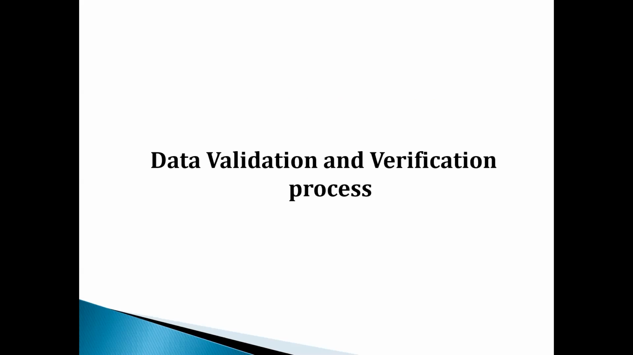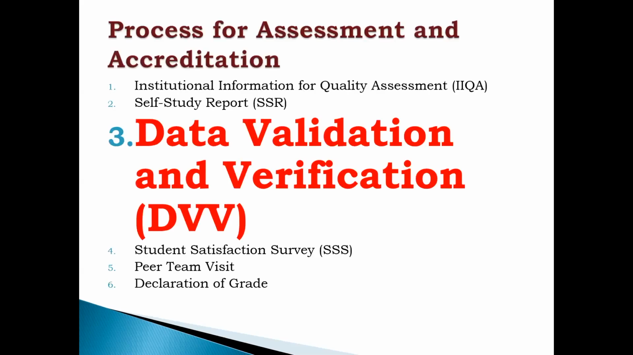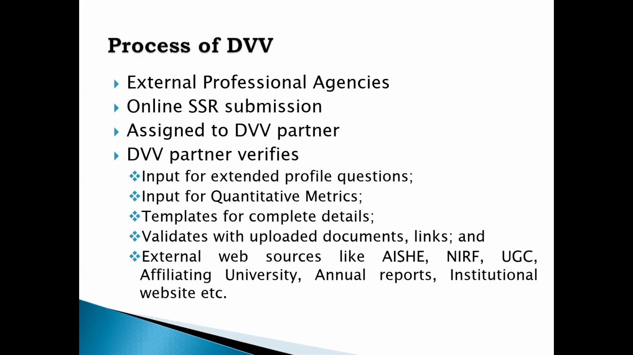So as I told you in the initial slides, this data validation and verification will be pertaining to the quantity metrics. The quantity metric, that is 70%, will be validated through a third party service provider. So the third step in the NAAC assessment and accreditation process is the data validation and verification. So how is the process of DVV done? This process of DVV,